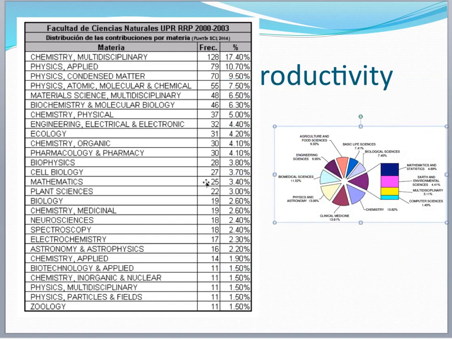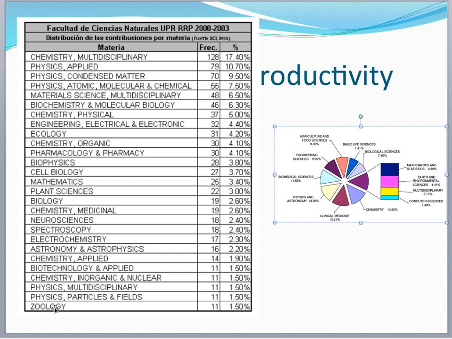Okay, and here we have this came from the same work that I did at the University of Puerto Rico for the Natural Science College from 2000 to 2003, and we have a distribution of publications by subject. So as you can see, and that's what we saw before, most of the publications, 128, were published in chemistry and multidisciplinary science. Then physics applied,